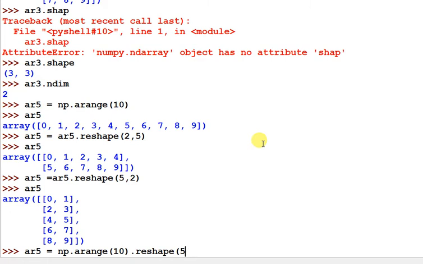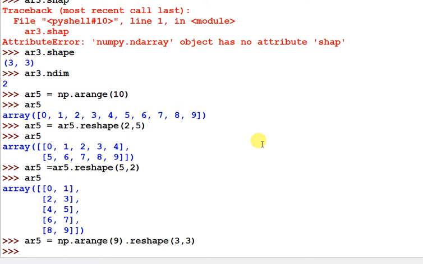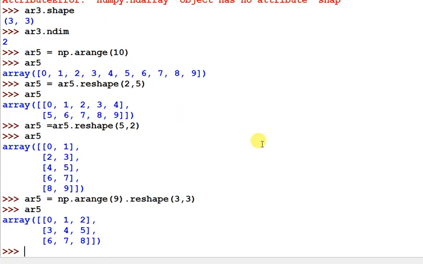So it will generate 0 to 8, .reshape(3,3), and press enter, and then you can check. So first it generates the total 9 elements through the arange function, and then you can reshape those 9 elements into a 3 by 3 two-dimension array.